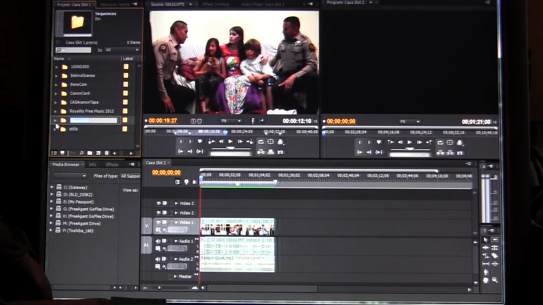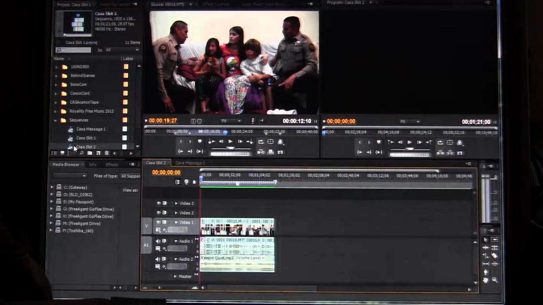The sequences, now that's another thing real quick I want to talk to you about. This is so helpful if you're editing a movie with multiple parts, and it gets confusing after a while if you have one timeline and it's your whole hour-and-a-half movie, and you want to change one clip early on. Well, then you have to move everything behind that clip forward, and there are shortcuts for doing that, but sometimes it can mess up your entire flow because it moved forward the video, but some of the audio didn't go with it. So rather than dealing with that, I edit in multiple sequences, and the reason for that is